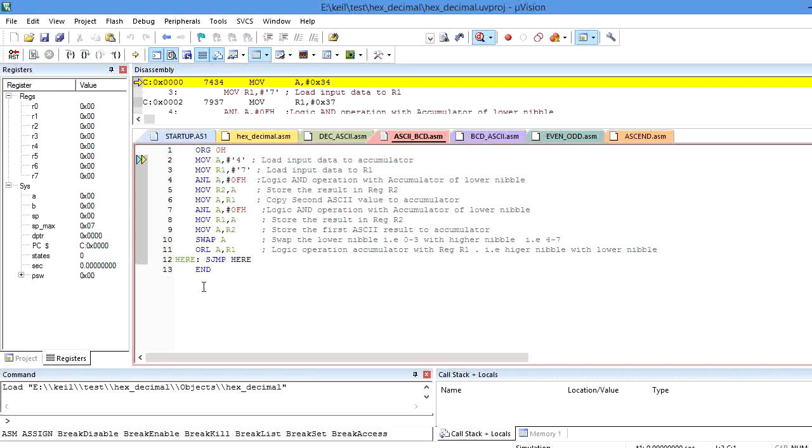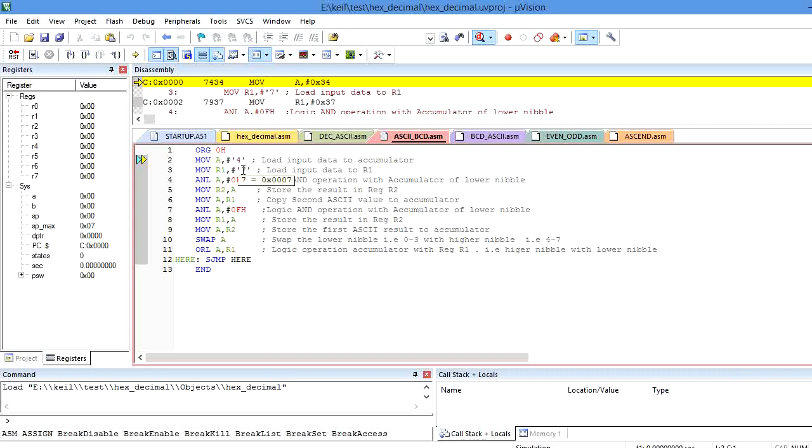Here I am using the values 4 and 7. The ASCII value for 4 is 34. The ASCII value for 7 is 37. Now we are going to convert the ASCII value into a BCD value.